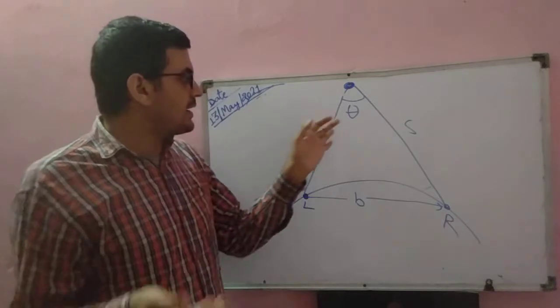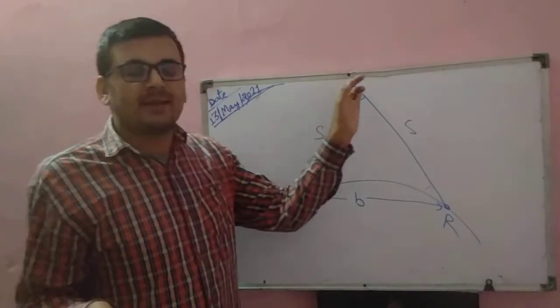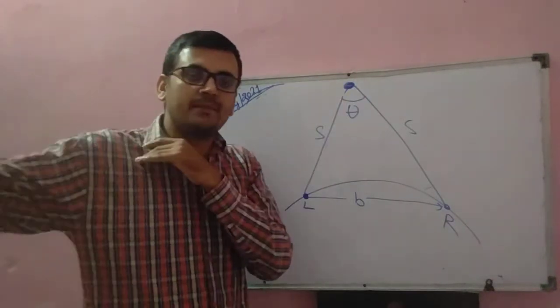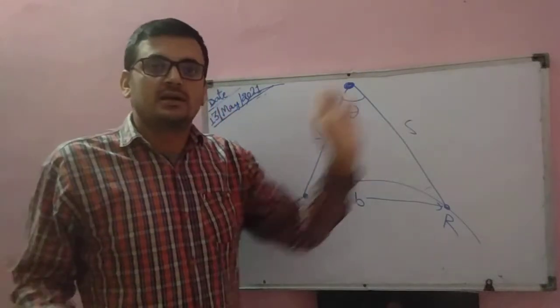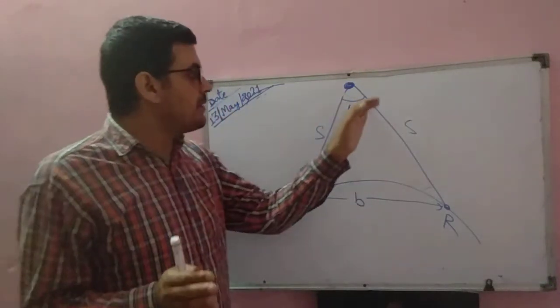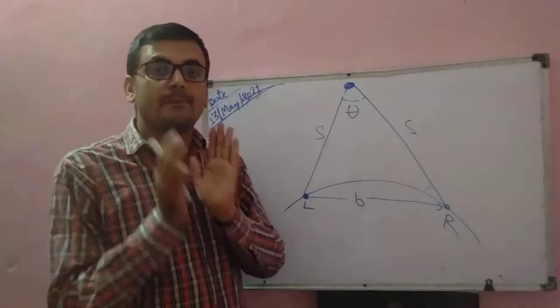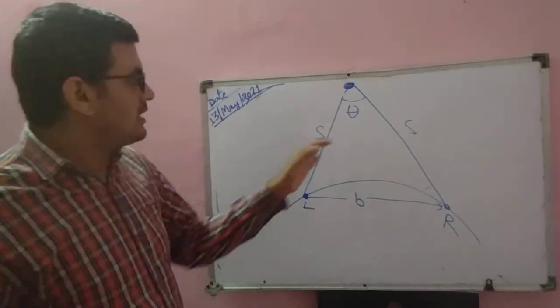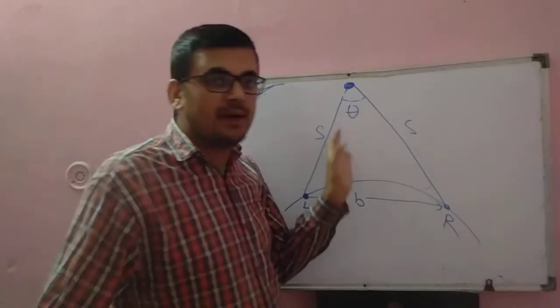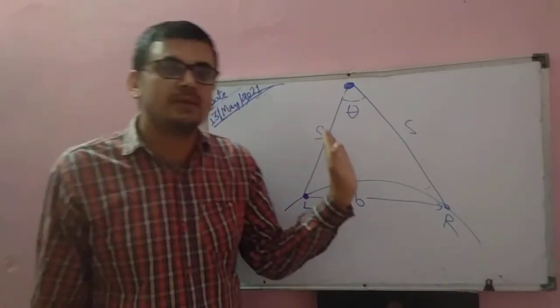Because we cannot go to that place. हम वहां पे स्टार में नहीं जा पाएंगे क्योंकि अगर हम स्टार के पास चलेंगे तो हम लेंथ भी मेजर कर लेंगे. So how will we measure this angle? This is the main problem in this method. So we have to make some changes in this method.